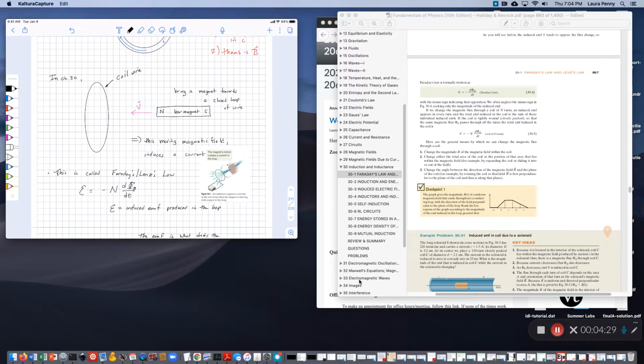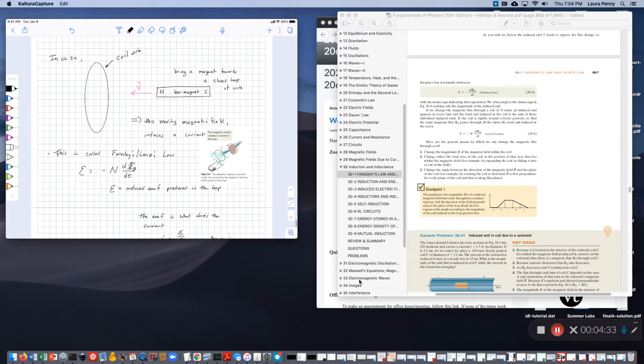This moving bar magnet is actually going to induce a current in my coil of wire. If I did exactly what I've got drawn here, where I have a north pole of a bar magnet coming towards my coil of wire like that, and say this is the front of my coil and this is the back of my coil. It's hard to really tell that, but